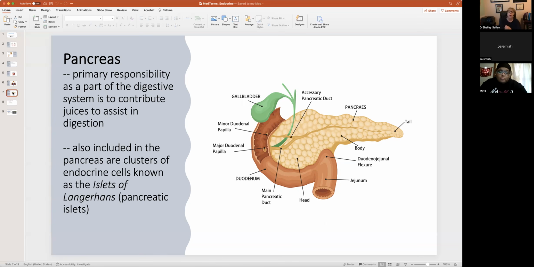Okay. But you also remember we talked about the pancreas, because a malfunction, usually a congenital malfunction in the pancreas, is the cause of type 1 diabetes. Okay. So the pancreas is very, very busy with all it has to do. And it also is part of the endocrine system,